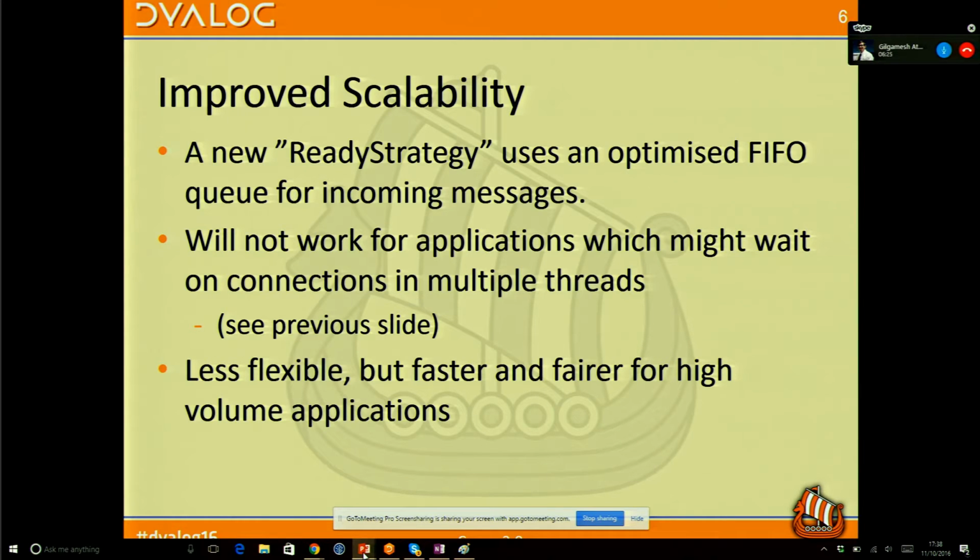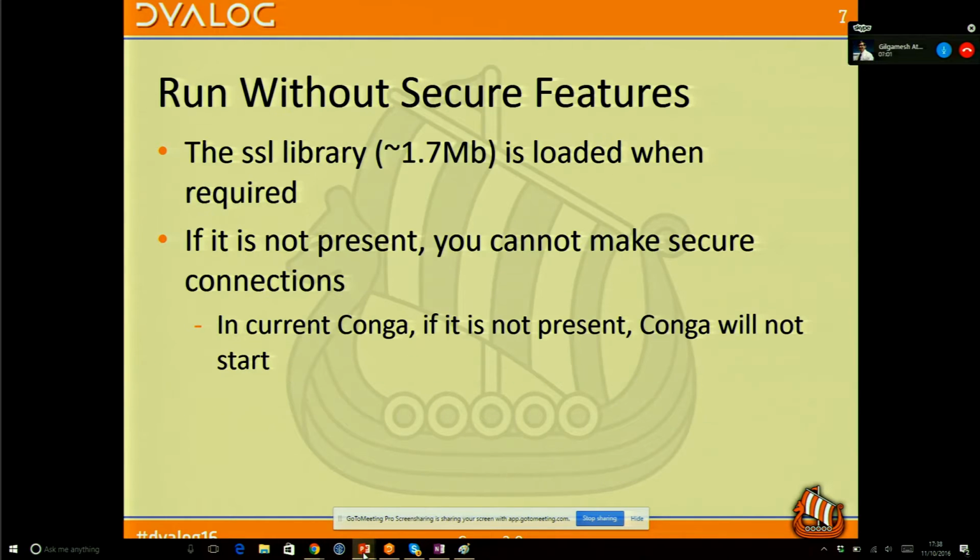Conga was less optimized for high throughput, and it allowed the server side to do sort of querying on little subsets of the tree of connections that you might have. But people working with very large applications would say they would prefer just to have the incoming transmissions delivered in FIFO order, and not do any searching or filtering. Taking out that complexity from the Conga layer just means you can have very much higher throughput. It's less flexible, but gives you much higher throughput for server applications.